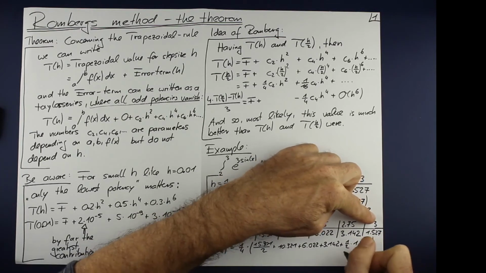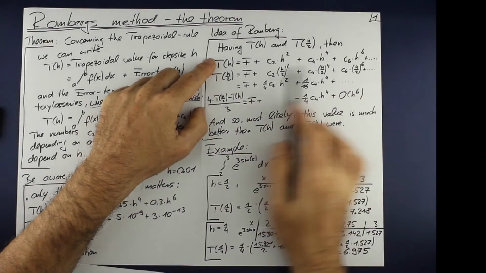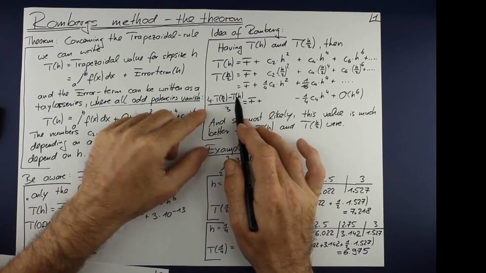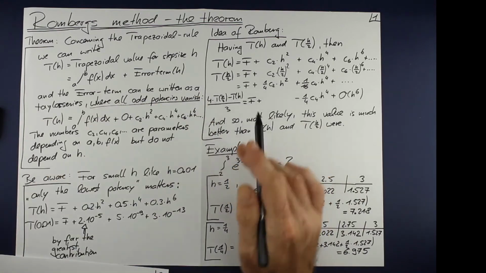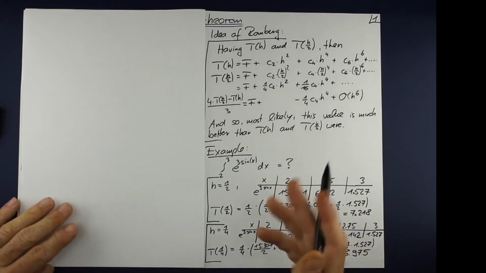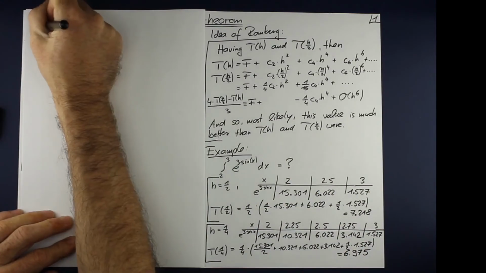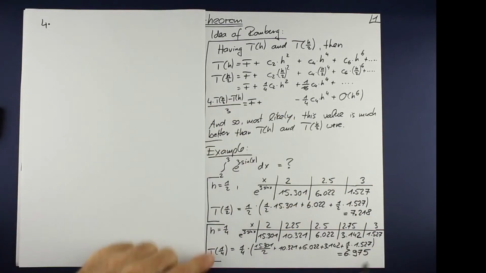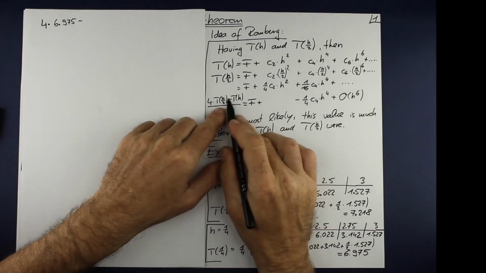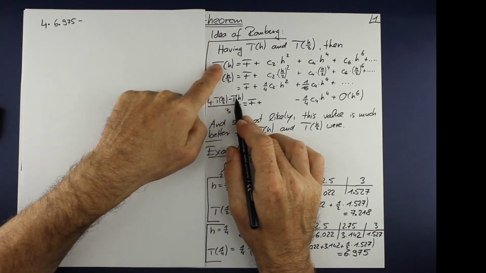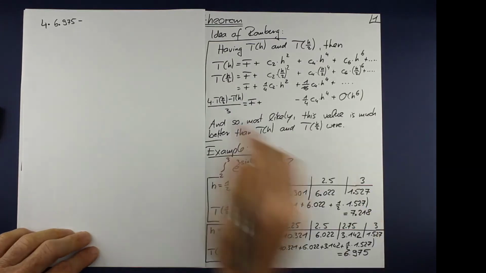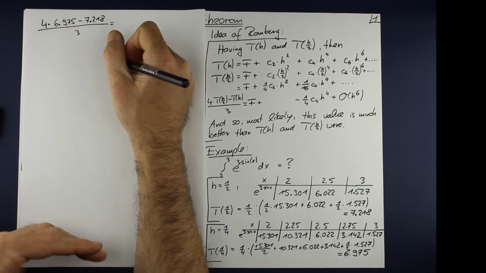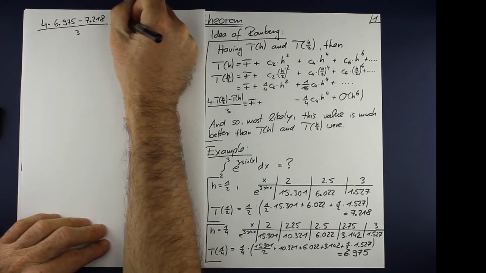And we get, and now we have these two values, and now we can very easily calculate that value. We only have to do 4 times the better value, this one, minus 1 times the first value, this is that, divided by 3, and using electronic help we will get